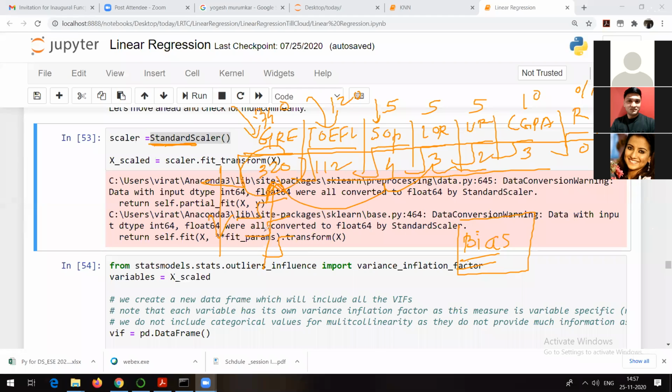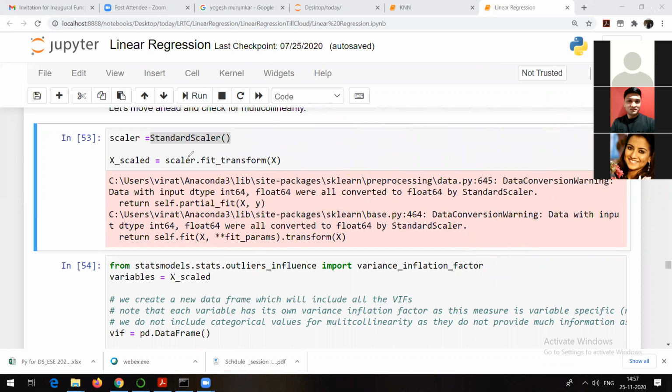So it is just to bring all the values to the same scale, or scale down the values, so that the difference between them is not that much, and each and every column has equal value. So what I am doing is calling this particular method, creating an object called scaler, and then scaler.fit_transform on X. What is this X? This X is nothing but all our input variables: GRE score, profile score, statement of purpose, letter of recommendation, university rating, research done or not. We are scaling down those values and storing them in a variable called X_scale_data.